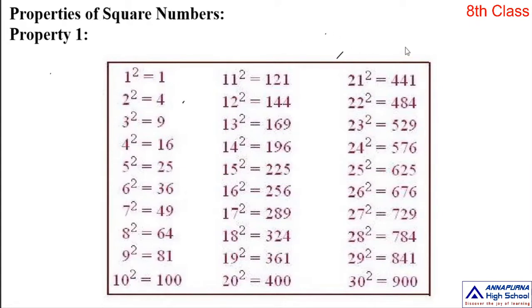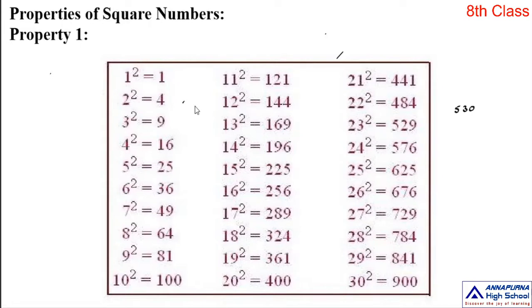In the same way, if you take one natural number like 530, can you say it is a perfect square number? No. Why? Because we can't express this 530 as a square of another natural number. So 530 is not a perfect square number. Okay, and observe the squares of natural numbers 1 to 30. Do you notice anything?